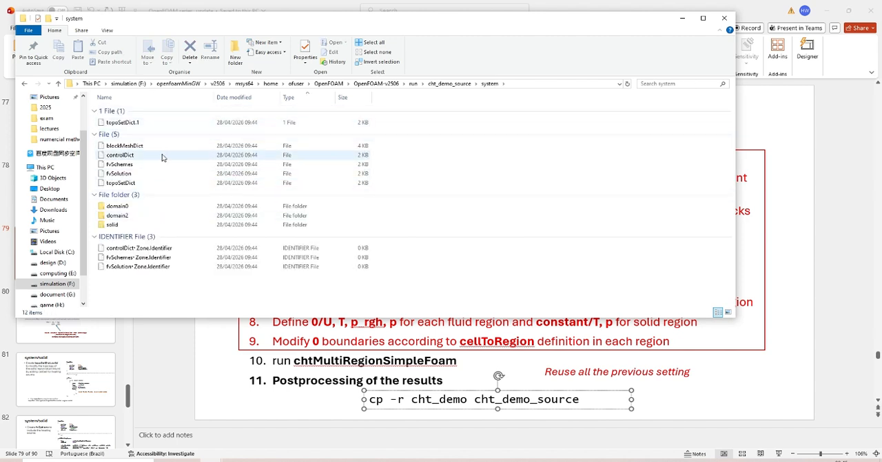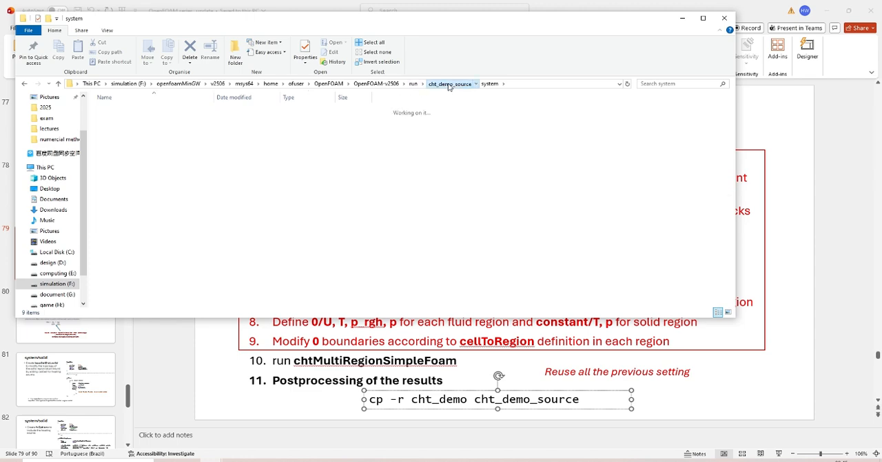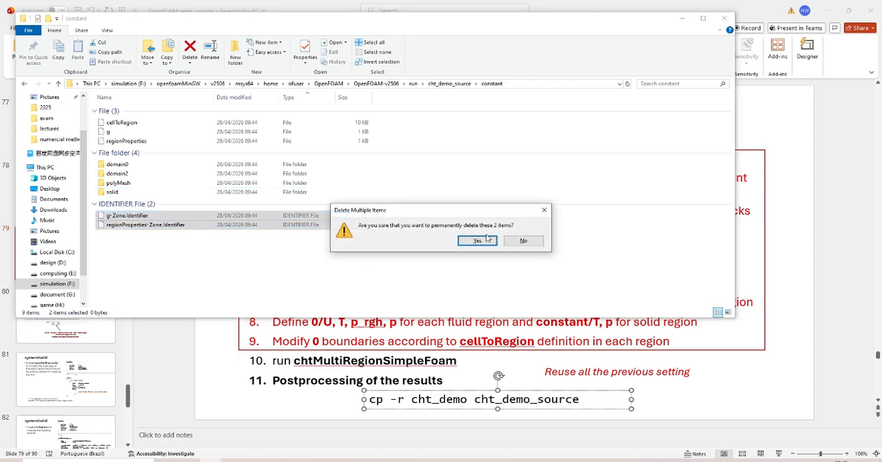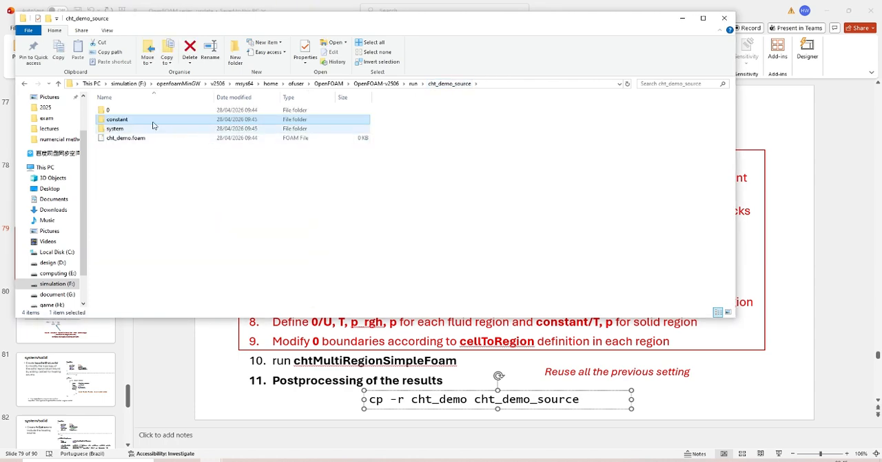If you check the system folder, I want to remind you here that domain 0 is for air, domain 2 is for water, and the aluminum block is defined as solid, right? These are files that exist because of Linux, so we don't need them. And this is system and constant. Again, we have domain 0, 2, and solid. Check my previous videos about all these settings, and I have the boundary conditions defined as well